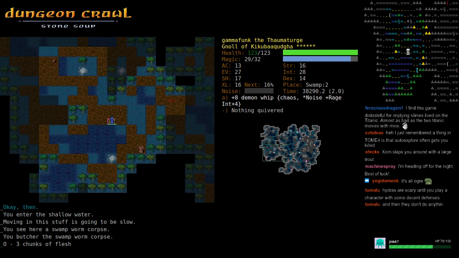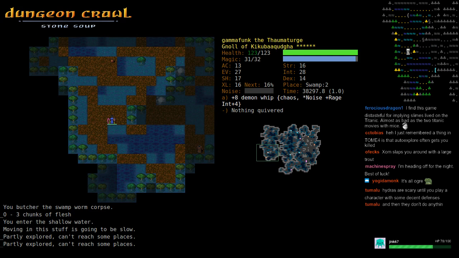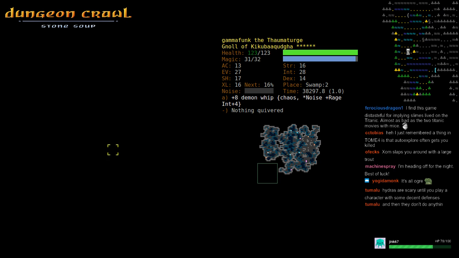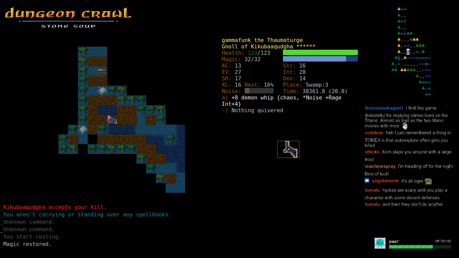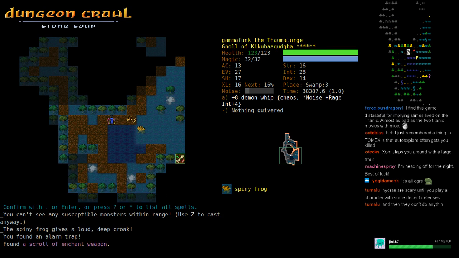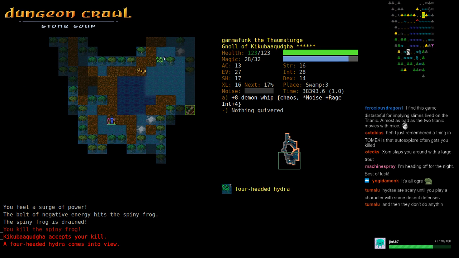Yep, they'll only do something if you hit them with an edged weapon too many times. And you're fighting the 13-headed, partially explored. Okay, nothing. I still haven't used Conjure Ball Lightning. That might come into play on the last level. Is that a...